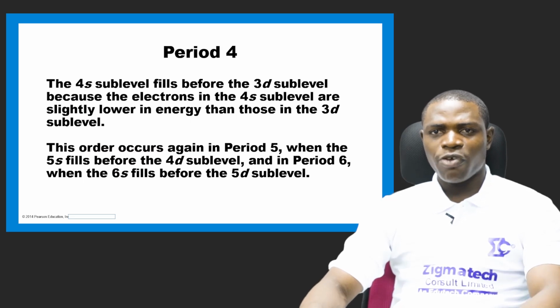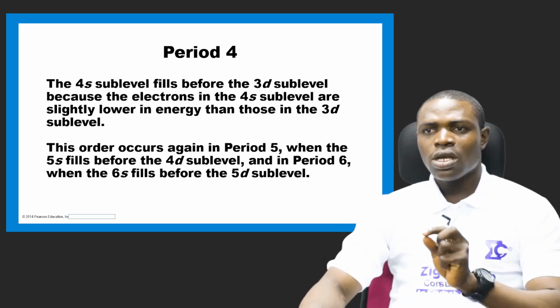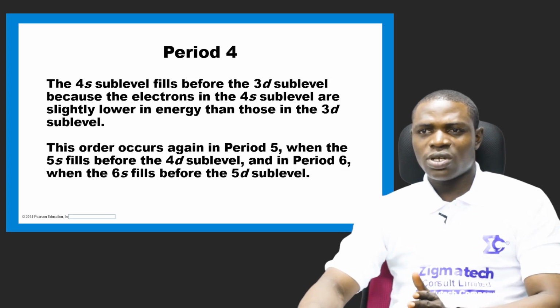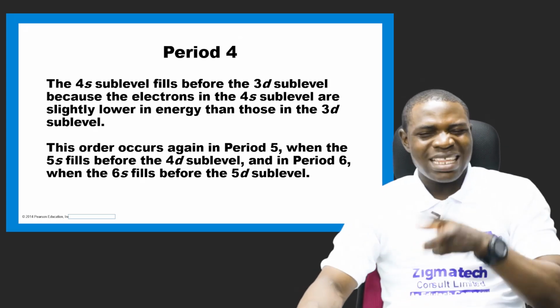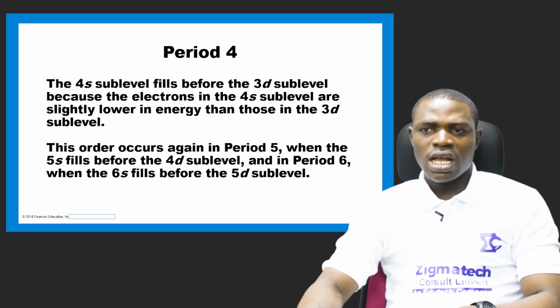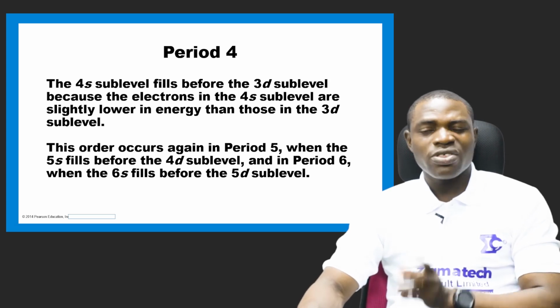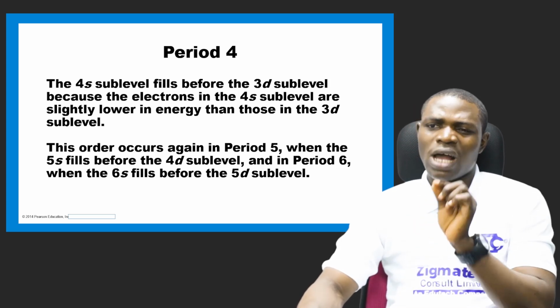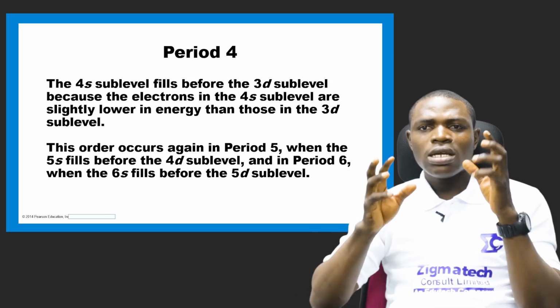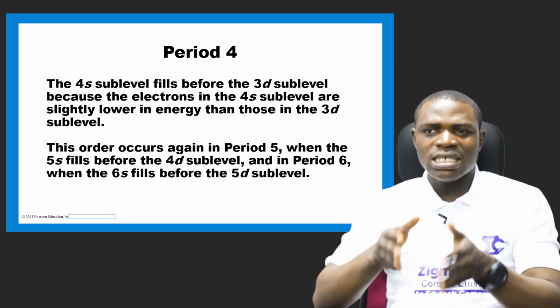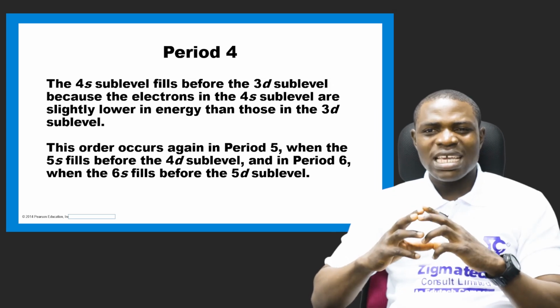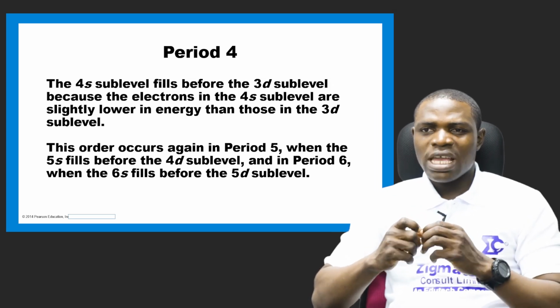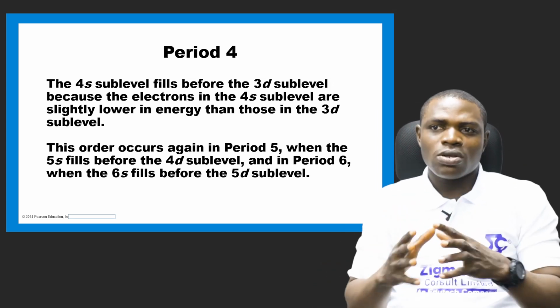So if you look at period 4, the 4s sublevel is filled before the 3d sublevel because the electrons in the 4s sublevel are slightly lower in energy than those in the 3d sublevel. This is very important. Please pay attention to this. If you look at the 4s sublevel and 3d sublevel, there is a synergy, a kind of regulation, hybridization between